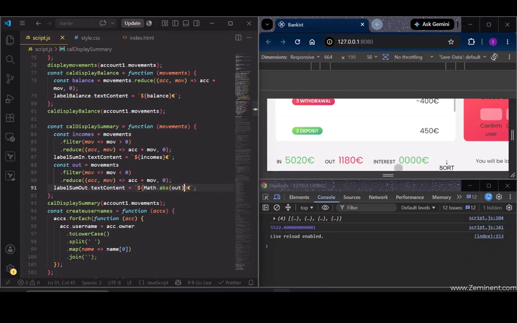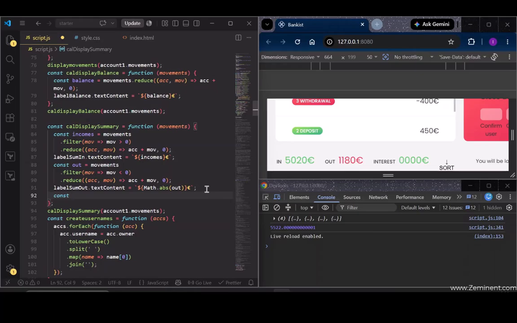So similarly let's create this for the interest as well. Let's say that the bank pays out an interest each time there is a deposit to the bank account, and the interest is 1.2% of the deposited amount. As I said, the interest is paid on each deposit. So first we need to get these deposits and filter them, so let me write down here